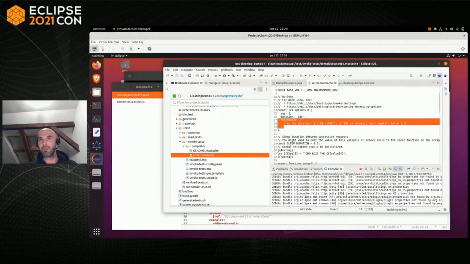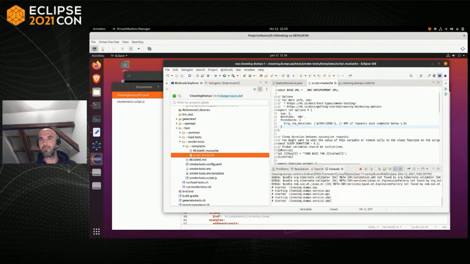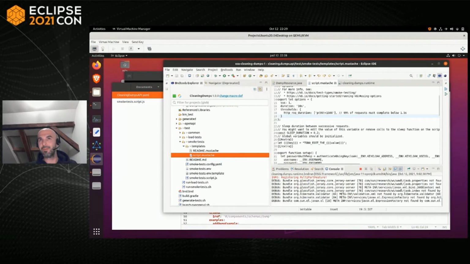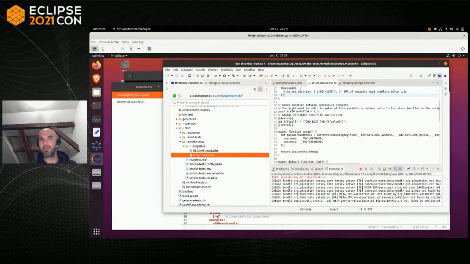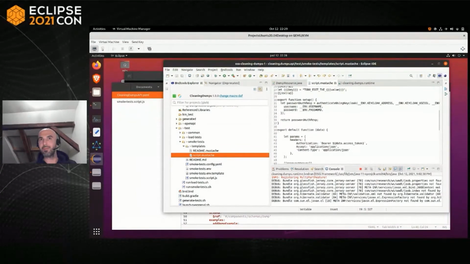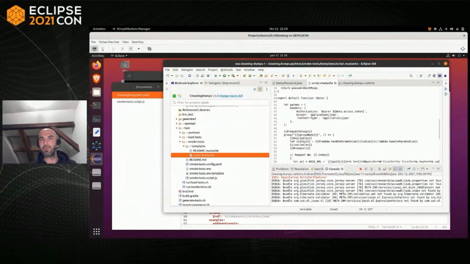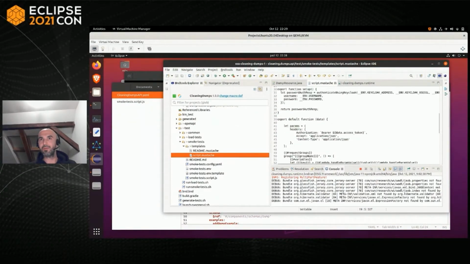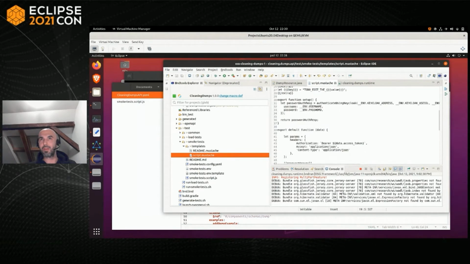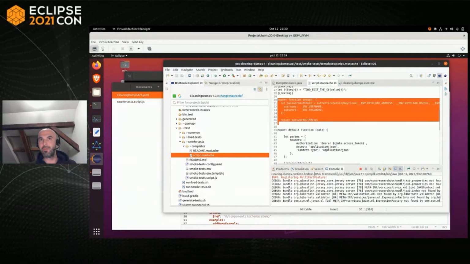For example, let's say you have SLA metrics and you want to verify if a certain percentage of requests complete within a given time. Then all this is supported by K6, by this tool. And with this, you can go ahead and measure, actually gather metrics, how your application behaves and whether it is